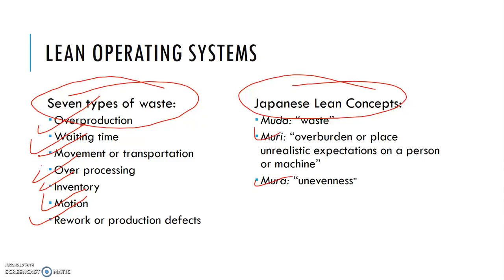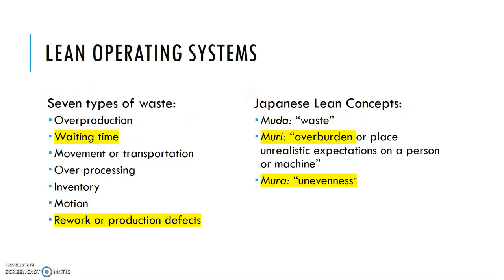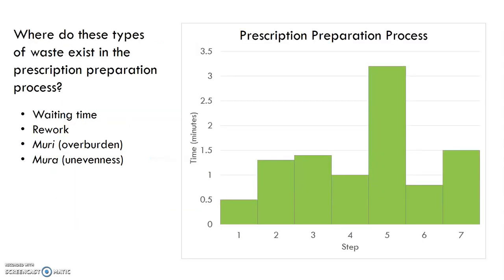So muri, overburdening, mura is unevenness. And we're going to focus on these 4: waiting time, rework, overburden, and unevenness as we analyze our process. So where do these 4 types of waste exist in the prescription preparation process? Waiting time, rework, muri,